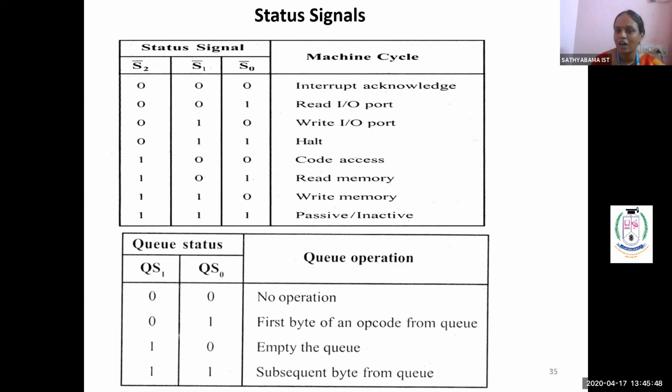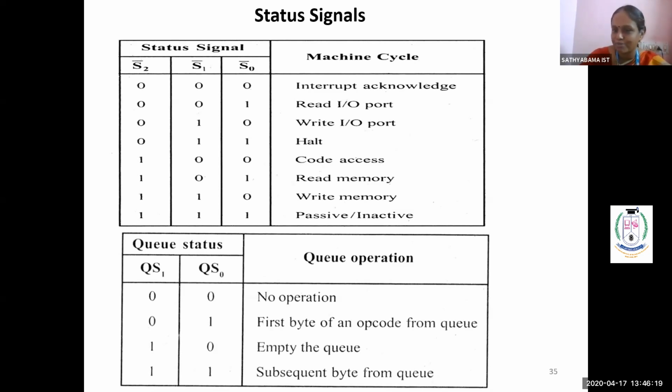Okay, and we have seen the probabilities 0, 0, 0, 1, 1, 0. In the same way here, the bus controller will take all the control. Depending upon the status control signals only, it will give the operation. So here, how are 8 operations done? Interrupt acknowledgement. Three inputs means we all know 8 possible combinations will come. So they have taken 8 possible combinations: 0 0 0, 0 0 1, 0 1 0, 0 1 1, all these combinations. Now you go for the machine cycle.